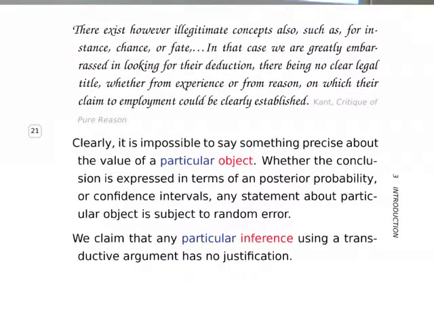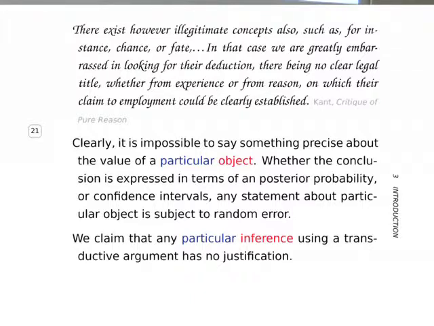So the right way to express a result is not the point estimate, it's a confidence interval, which says we really don't know whether what we say is true, but it's likely to be true. In many cases it is true. We have a confidence in what we are doing, but we cannot say anything about a particular object.